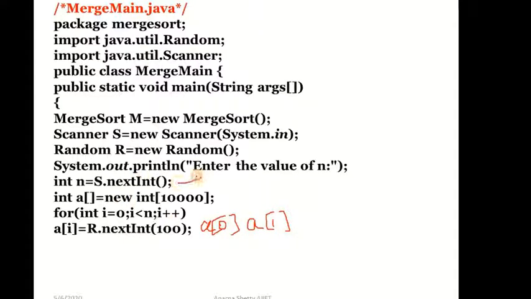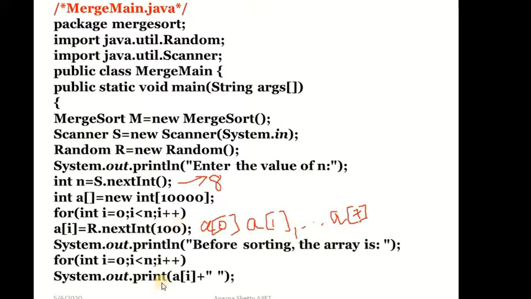Suppose now the n value is 8, if the user has entered the value for n as 8, then using this for loop we have to read values for a of 0, a of 1 up to a of 7. Correct? Array indexing is from 0 to 7. So we have to read the array elements from a of 0 to a of 7, and we are using random integers to initialize this array. So the values for these array elements will be random numbers generated. So that is how we have created an array now.